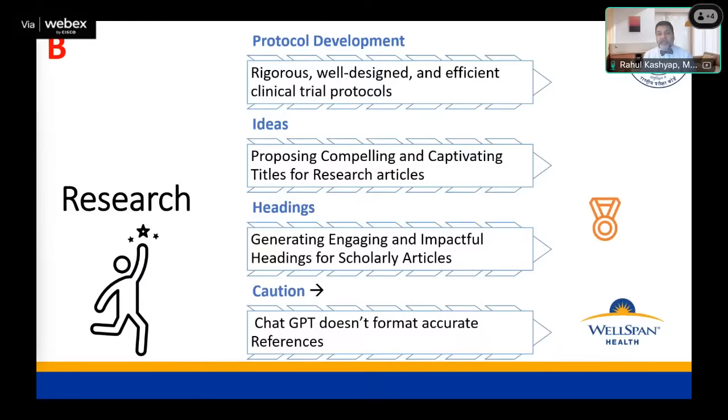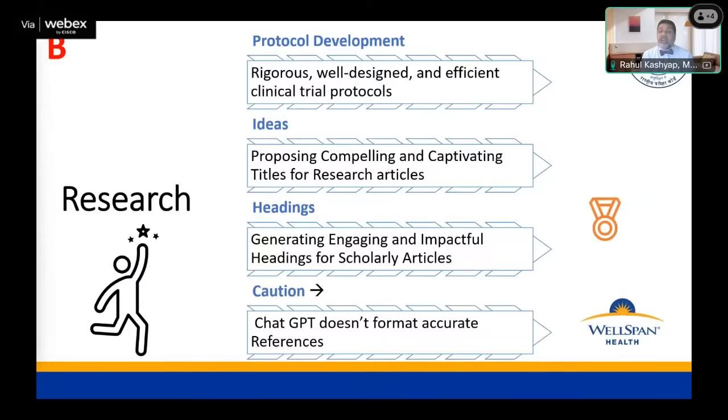The caveat is that you should be able to evaluate the outcome coming out from ChatGPT or anything else as well. And if you don't evaluate it well, it might give you wrong information. So be very careful when you get the outcomes out of it. I'm not saying that you should not use it. What I'm saying is that you should be careful and don't trust blindly when you are building some of these